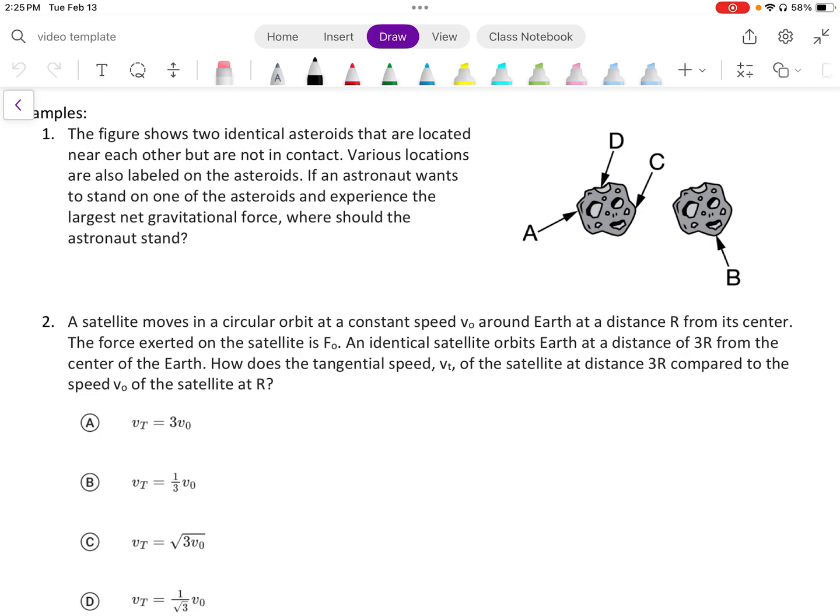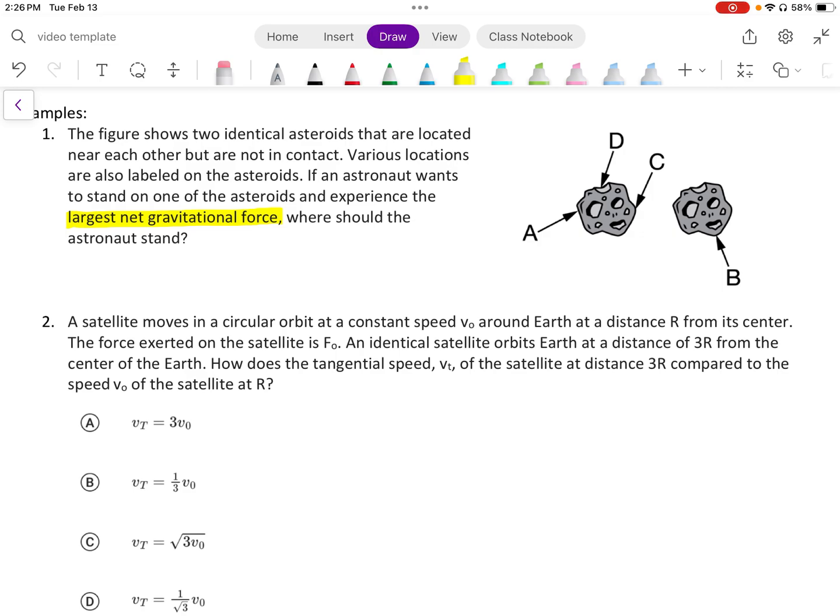We have a figure that shows two identical asteroids. These asteroids are large out there in space, by the way. They're not just a little rock. They're located near each other, but they're not in contact with one another. We have various locations on them, labeled A, B, C, and D. If an astronaut wants to stand on one of those asteroids and experience the largest net gravitational force, where should